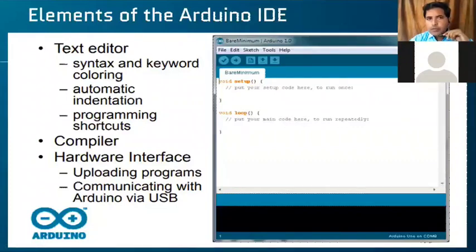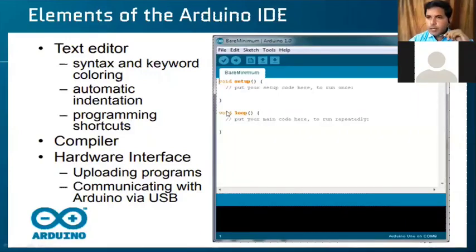In the text editor we write the syntax, keywords, the indications we want from the Arduino board, and the logic of the program. The compiler compiles the program, and the hardware interface is what you need to upload the program and communicate. Once uploading is done, it communicates with the Arduino with the help of USB. So these are the three main elements when connecting the Arduino and the software.